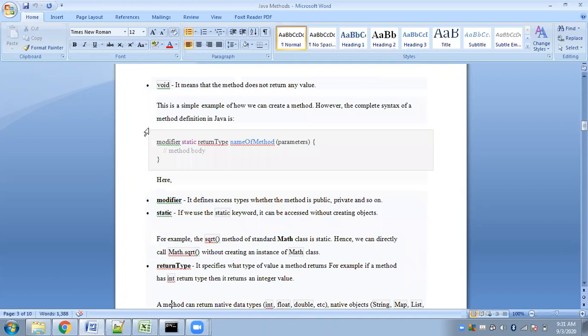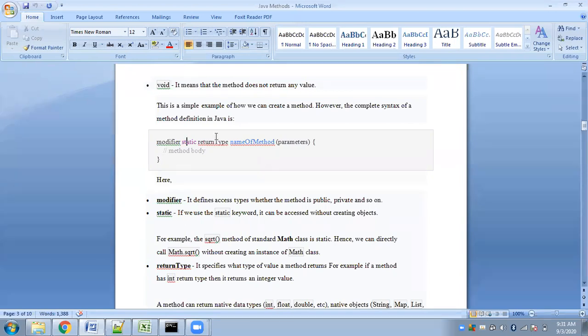Okay, so basically this is the syntax. That was one example, and this is the syntax where if you don't write public, by default, you can also have other specifiers, like it can be private, it can be public, it can be protected, it can be default. So it's up to you whom you would like the function to be accessed by or not. So that is up to the user. Accordingly we will be using the access specifiers here.